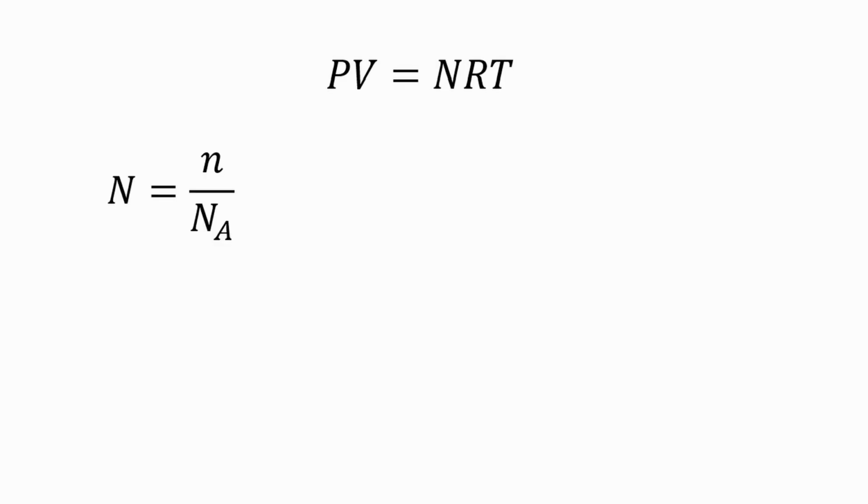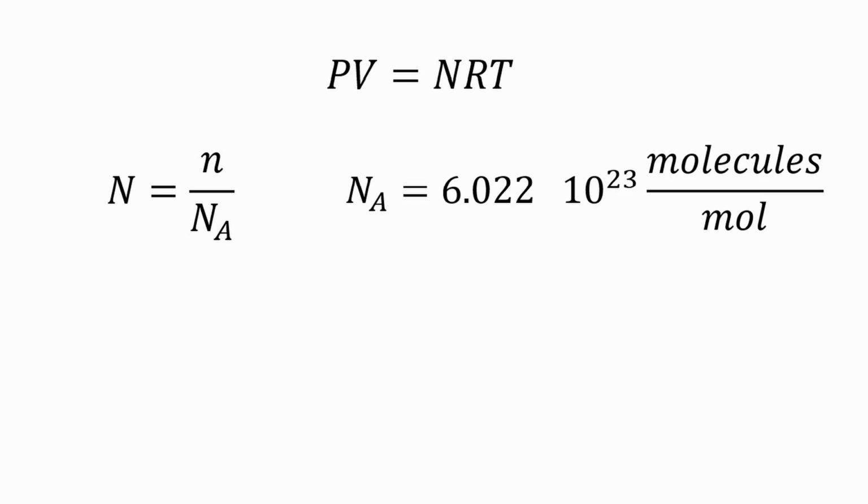The number of moles is the total number of molecules N, divided by the Avogadro constant N_A. The Avogadro number is the number of molecules per mole and is equal to. If we divide the constant R by the Avogadro number, we obtain another constant named the Boltzmann constant. We will see later why it is called the Boltzmann constant. For now it is sufficient to interpret it as the ideal gas constant on a per molecule basis instead of a per mole basis. Then the ideal gas equation of state can be written on a molecule basis as